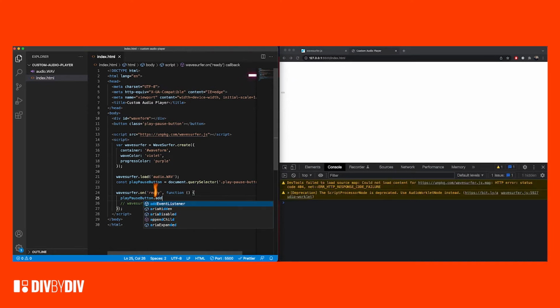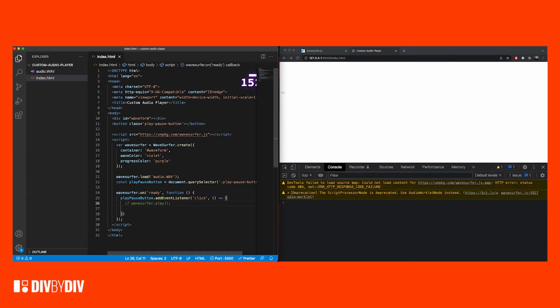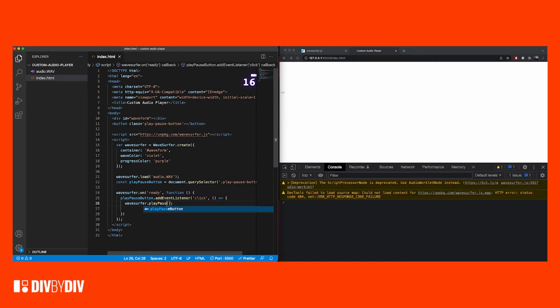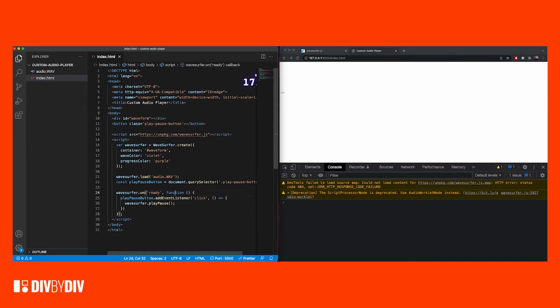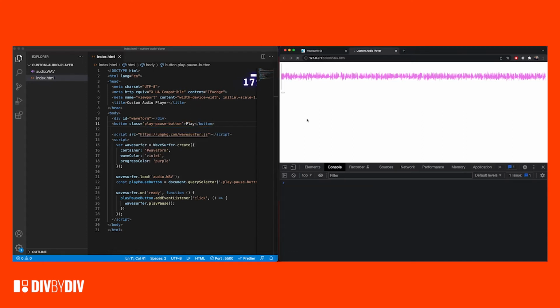We can add an add event listener on the click, and as and when the button is clicked, we can execute the command that we were looking at before, which is play pause, and here we have our listener. So now we just need to add some text to the button. We can say play, and now you see that